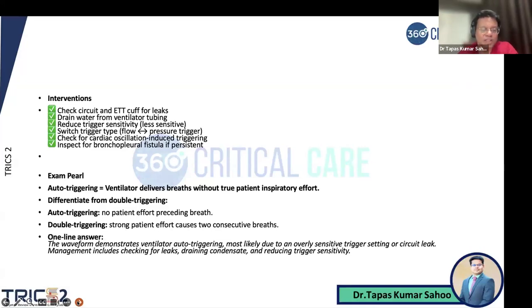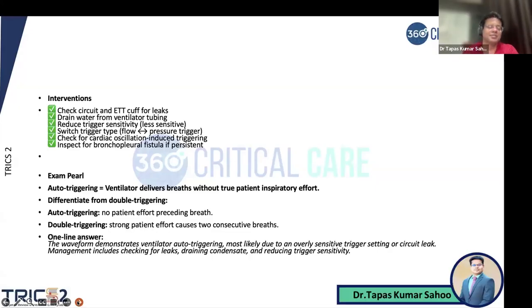trigger. Now auto triggering is no patient effort preceding the breaths, while double triggering is strong patient effort that causes two consecutive breaths. It will not be continuous like this. It would be two consecutive breaths and the patient will breathe on his own, right? So one line answer in examination: the waveform demonstrates ventilator auto triggering, most likely due to an overly sensitive trigger setting or circuit leak. Now I would manage this patient by checking for leaks, draining the condensate and reducing